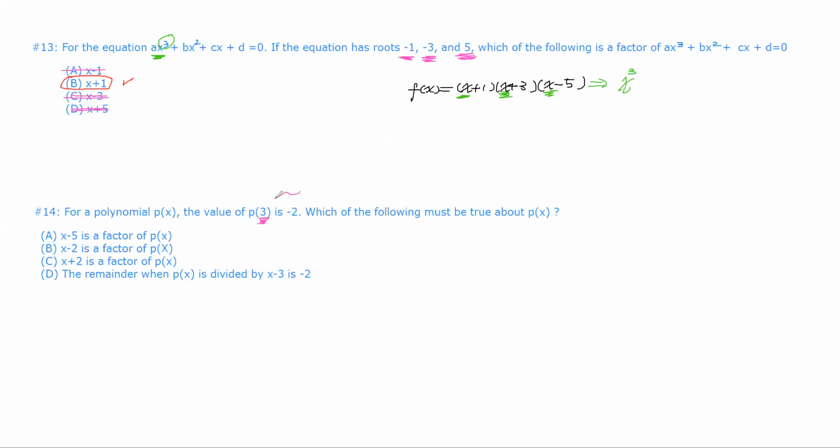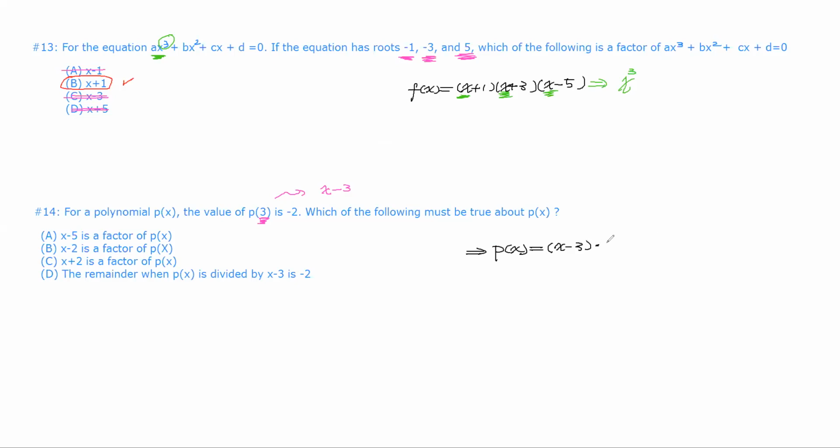That means I'm considering the factor x what? x minus 3. Okay, so we said P(3) equals -2. What does that mean? It means for the polynomial, if you divide this polynomial by x minus 3, it will be x minus 3